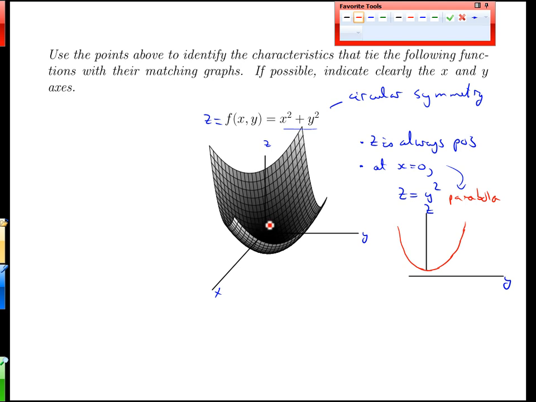With that, and if we add the circular symmetry in, well, guess what? That gives us an instant view on the shape of the entire graph, the whole entire surface. Let me tweak this up a bit here. There we go. We're going to get a bowl shape. We're going to get this parabolic arc spun around because at every location, say I move out in x and